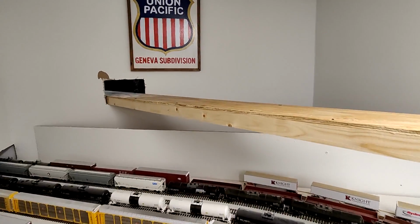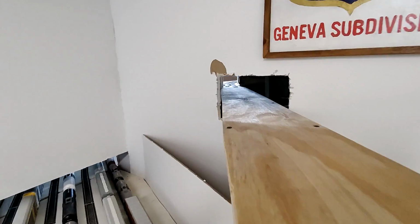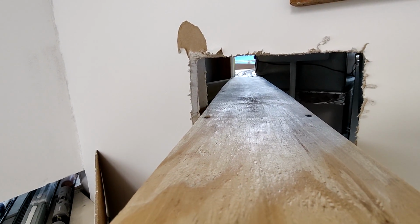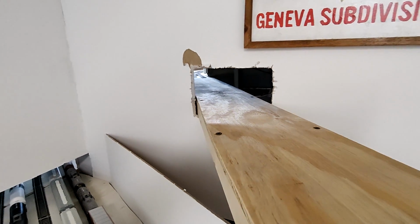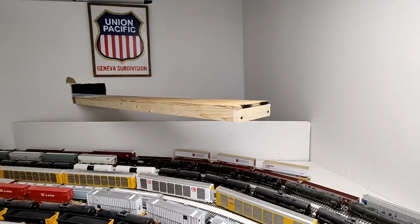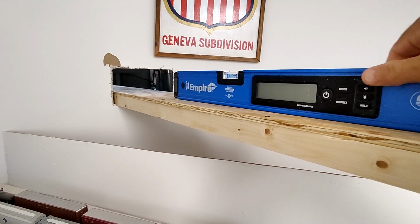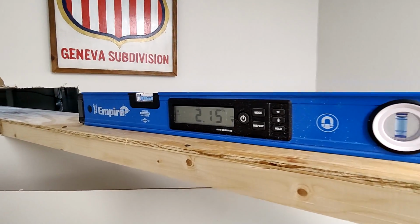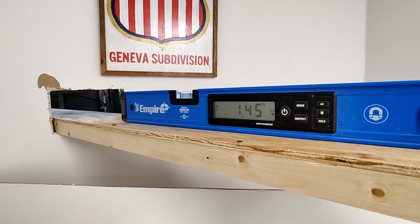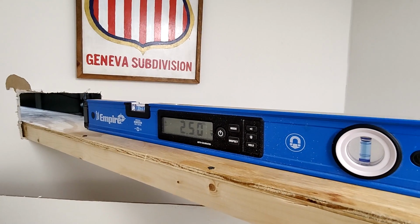All right, now the accomplishments for this week and the progress that was made. We did a second flyover of the staging yard. Last week we did a flyover of the east end of the staging yard. Now we're doing a flyover of the west end of the staging yard. Basically, for the last couple of weeks, actually three weeks, we've been spending time getting track from Evanston to the second level. And so what I did to get from the first flyover to this second flyover is